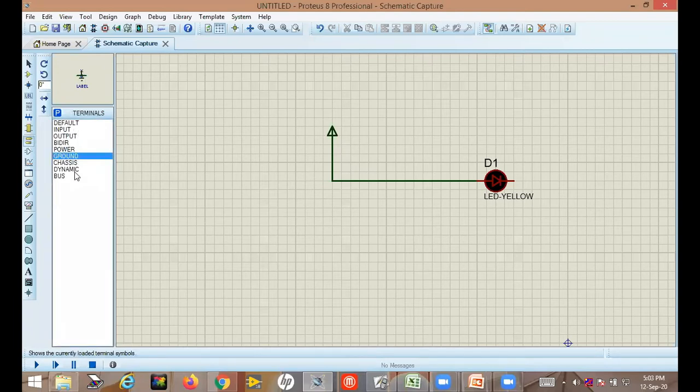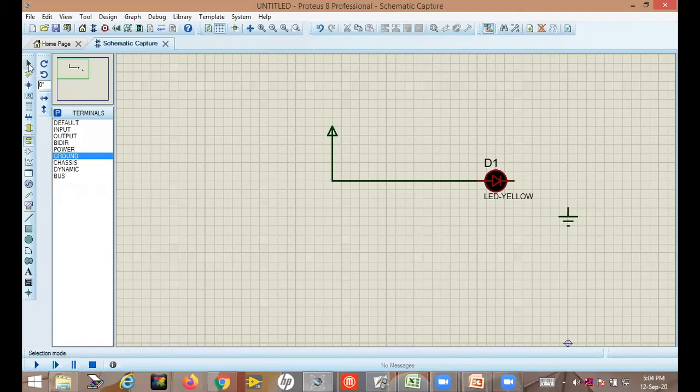Then select ground, then just place the component. How to place the component you already know, no? Click on here. Yes, sir, I got it. Yes, and click on the screen. Then go to the location where you want to place it. So I want to place here.